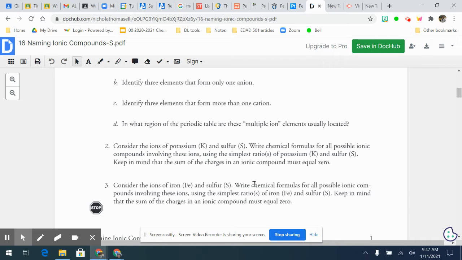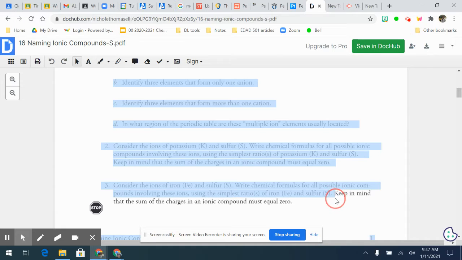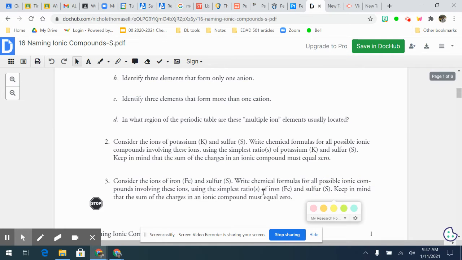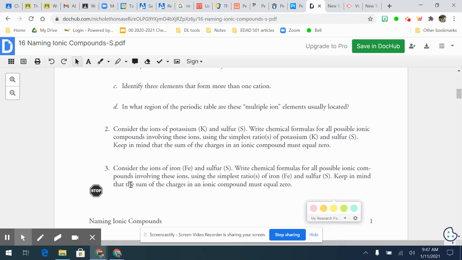The first thing I want to remind you of, or I don't know if I mentioned this in my last videos last week, is that when you look at an ionic compound, I don't know if you noticed, but the sum of the charges in an ionic compound add up to 0. They always do. An example of this would be, let's see,